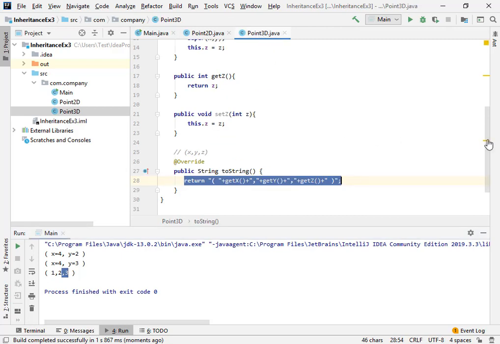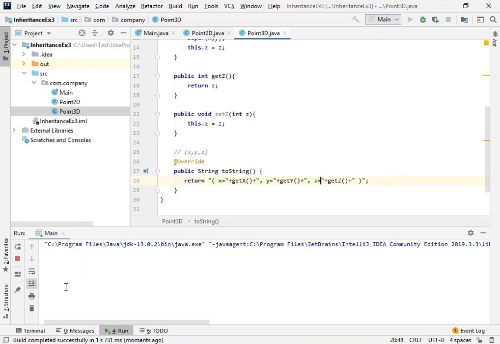So I will also change over here, I'm gonna say x equal to, and then y equal to, and then we're gonna have z equal to. Okay, save it. Again if I execute this, you will notice that we're gonna have these values over here, x equal to 1, y equal to 2 and z equal to 3.